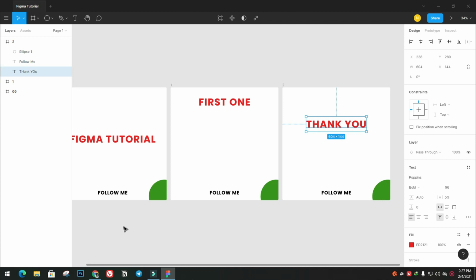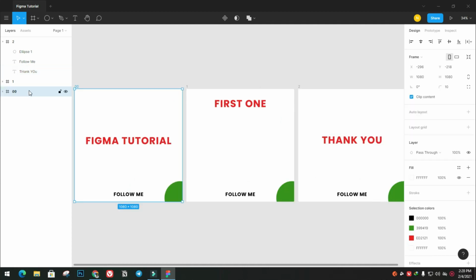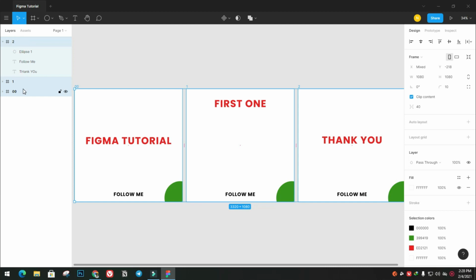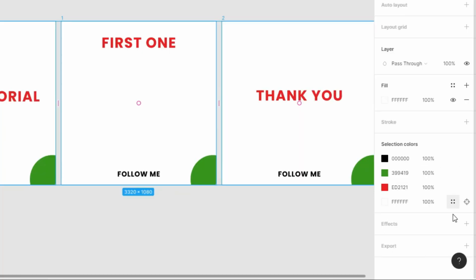So now we have created 3 slides, but in the case of LinkedIn needs a document file, that is a PDF file, to show that content as a slide. If we upload these 3 as separate images, it won't get like a slide in LinkedIn. So we want to first of all export these slides separately as images. For that, select each slide. Here on the left panel, you can select each slide, and on the right panel you can go scroll all